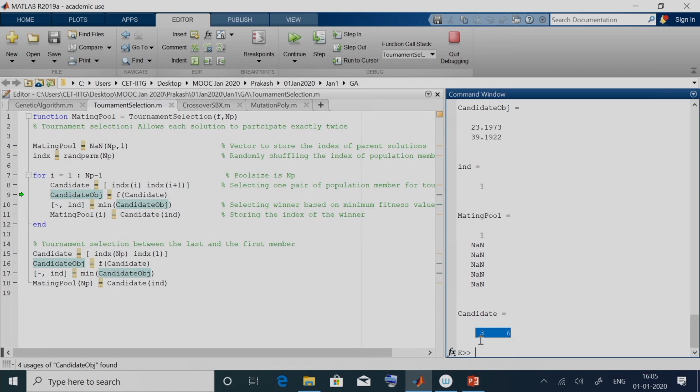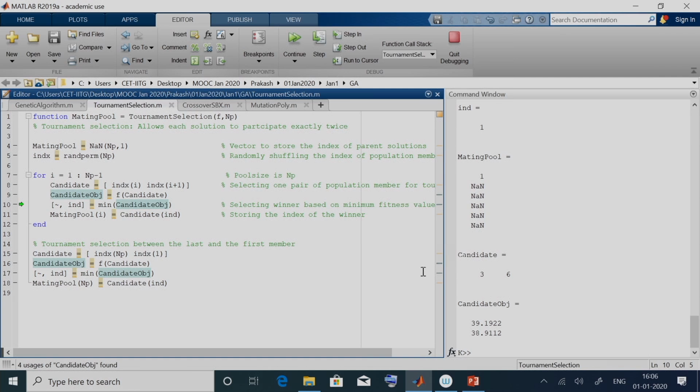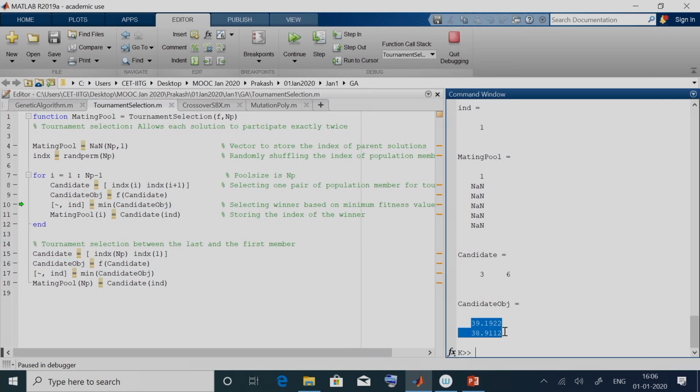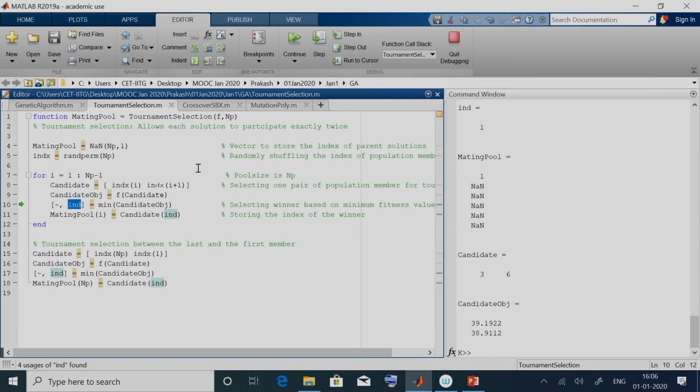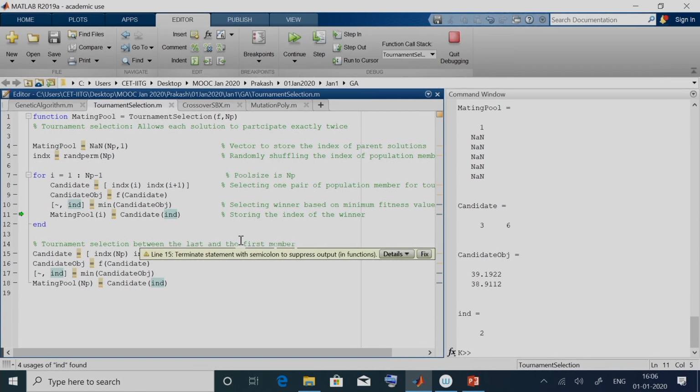So, now we need to extract the fitness function. The fitness function is given over here. What we are expecting candidate OBJ to have is 39.19 and 38.91. So let us see. Those are the two values which we wanted. Now among these two, the second one is the minimum, so what we expect in this is 2. In this, 2. Now we need to see which